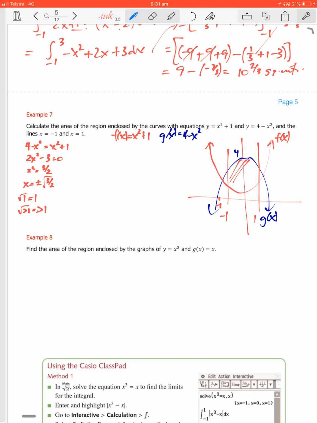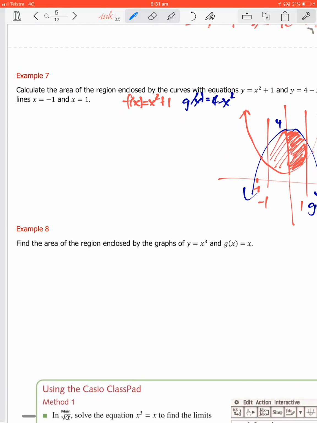So we can just integrate from -1 to 1. Or, because this thing is symmetrical, we can be super lazy. Actually, it's just super smart, I would say. We can just integrate from 0 to 1 and times it by 2. Okay, so let's go. The area between the curves is 2 times the integral from 0 to 1 of my higher graph, 4 minus x squared, minus my lower graph, x squared plus 1,